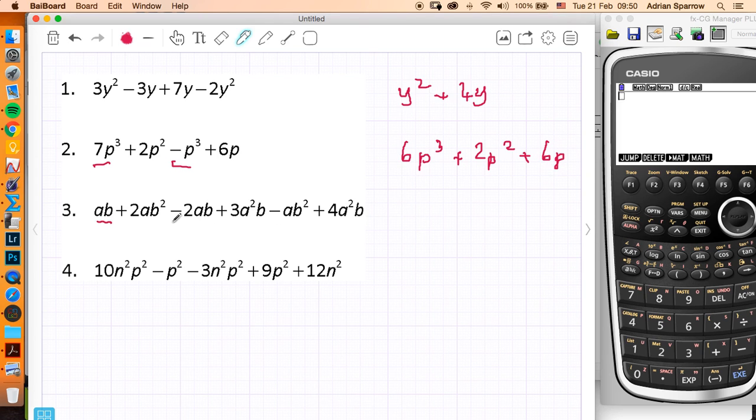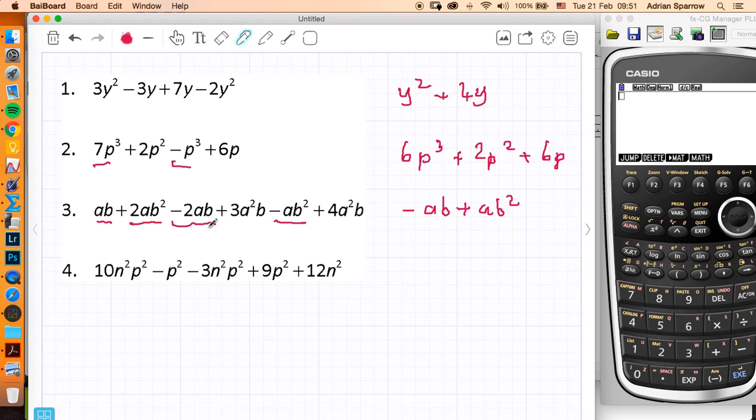ABs. So I've got AB there and I've got minus 2AB there. And all the others have got squares and A's. So this is going to be minus AB. Positive 1 take away 2. Now this is 2AB squared. So I'm looking for more AB squareds. Have I got any more AB squareds? Yes, I've got another, but it's minus AB squared there. So it's 2AB squareds. Take away an AB squared is plus AB